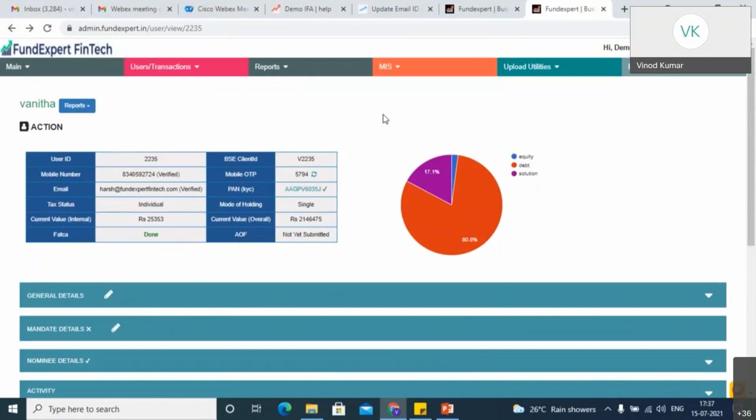Okay, maybe because there might be an NRI client and he might have an individual account and another account, or an NRO account. For those, you need to maintain them as 2 different users because they have made the investment under 2 different tax statuses. We should not merge those clients. This is only used for the same tax status, but multiple IDs available. Then you can use this merge client option. Thanks for reminding me. Okay.